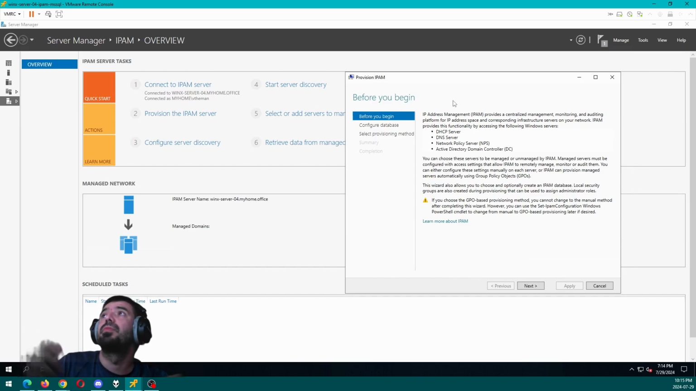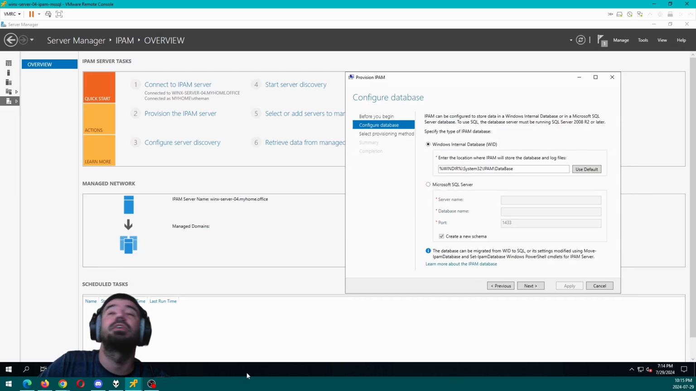Okay, so before you begin, this is just a preparation, and then we are going to go ahead and configure the database. As you can see, it's giving us an option between whether we're going to be doing Windows Internal Database or Microsoft SQL Server. Now, for the purpose of this video,